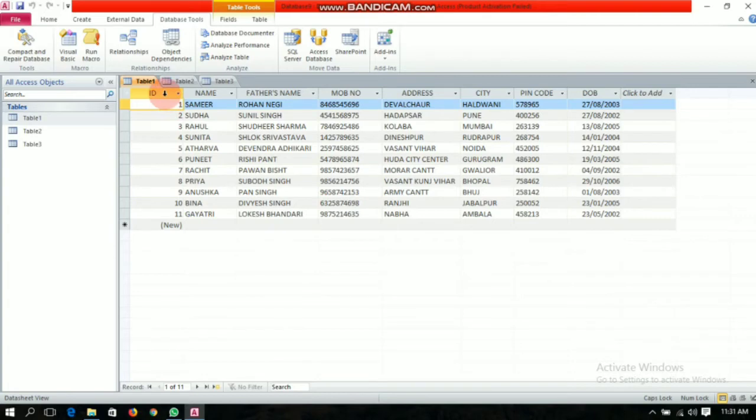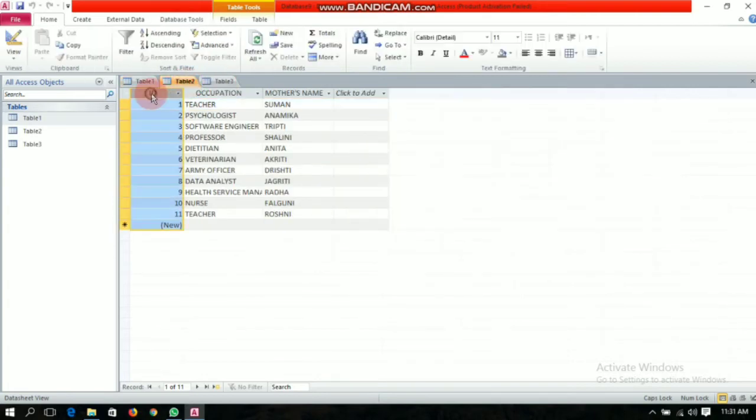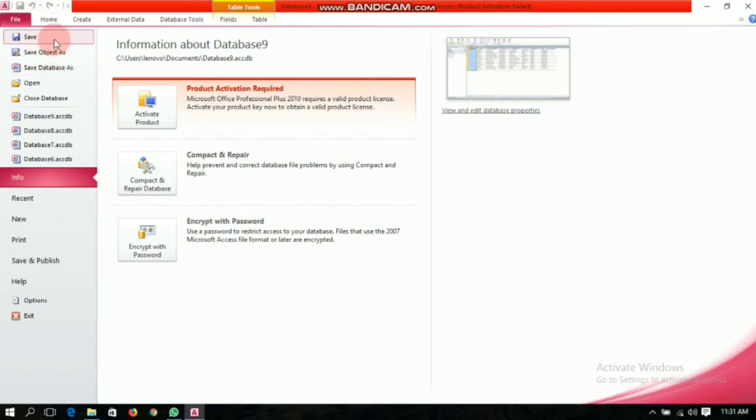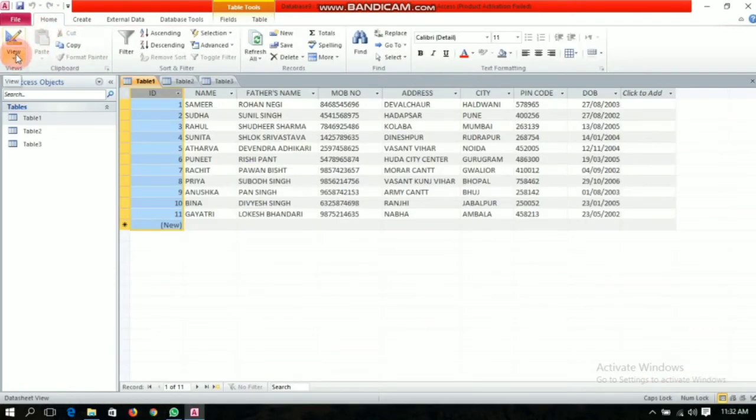Here this ID is the primary key, and to set the primary key, just go to the table and click on design view.